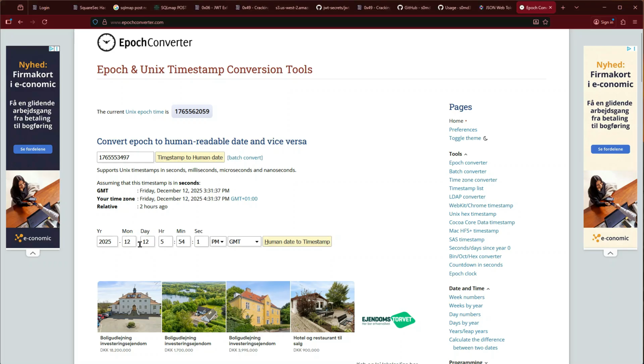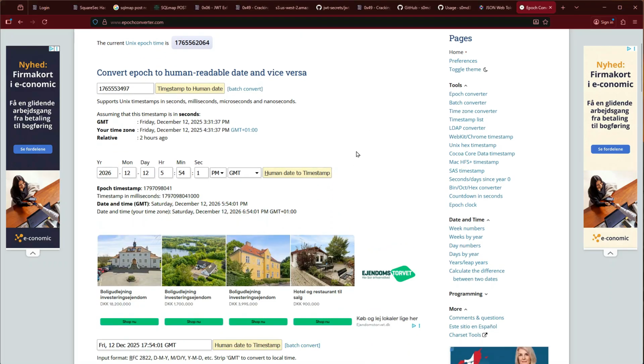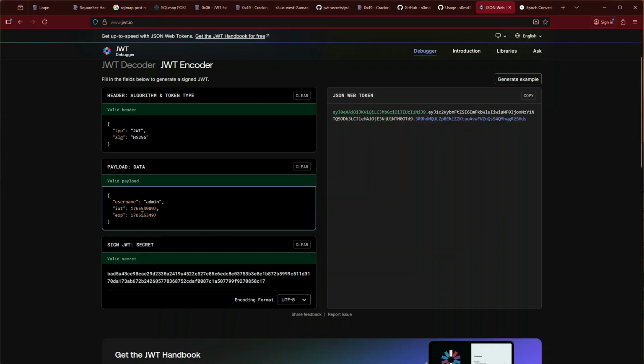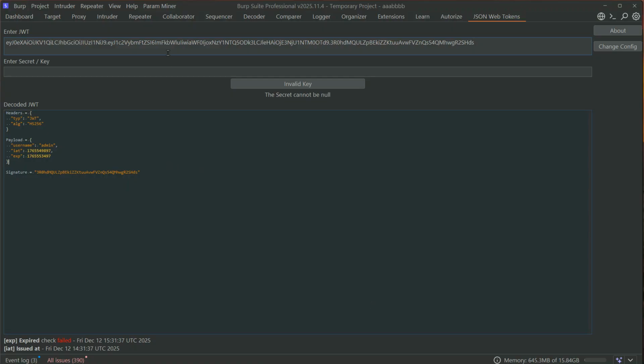What we can do is put 2026, let's say something like this, and we say human to timestamp, and we get another epoch time. So I'm going to copy this epoch time, go back here and set the expiration to this one. Now I'm going to copy the new token generated and check it if it's valid. I'm going to paste it here. Now we can see that the expiration, the check has passed, and that it expires in 2026, as we just